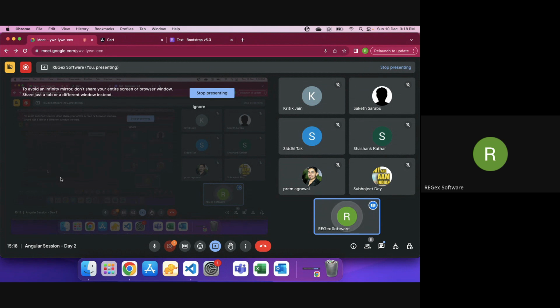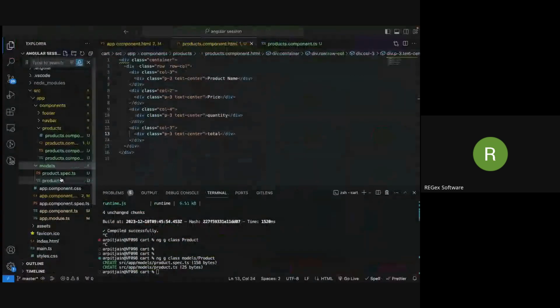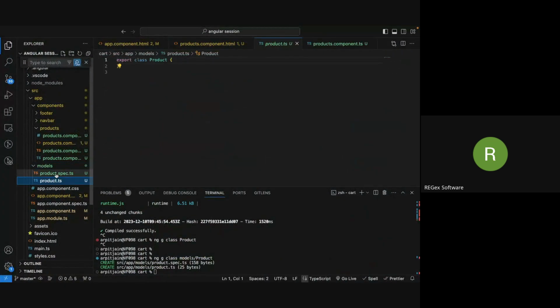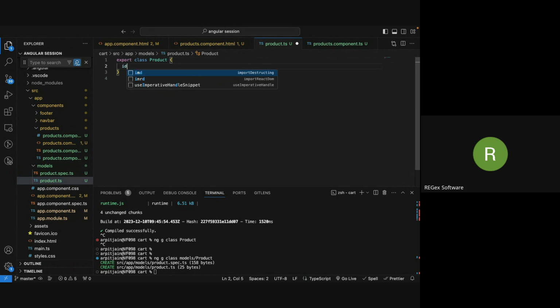So what we're going to be doing over here is in this product.ts file. Product.spec contains testing scenarios again. We don't have that in this session. We are not covering that part. So we will come to the class and we will define the structure of it. Let's say every product, what are the things every product is going to have? Every product is going to have an ID, that will be a number. Every product is going to have a name, that will be a string. Every product is going to have